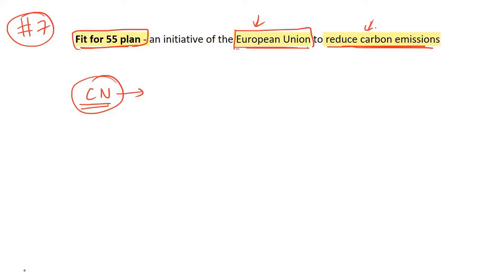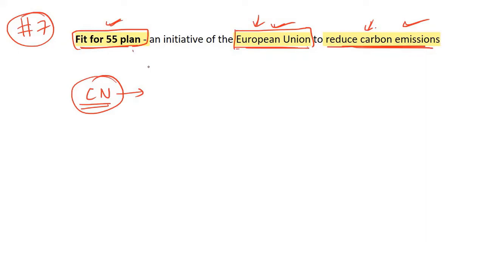So how can carbon absorption be increased? By enhancing carbon sinks, by enhancing carbon sequestration. Basically, if a country increases its sink capacity, see, forests are sinks, right? So there are carbon sinks. That way, by increasing the sink capacity, we can achieve carbon neutrality, that is by planting more and more trees, and there are other ways. So this is carbon neutrality. But for now remember this: Fit for 55 plan, European Union, to reduce carbon emissions.